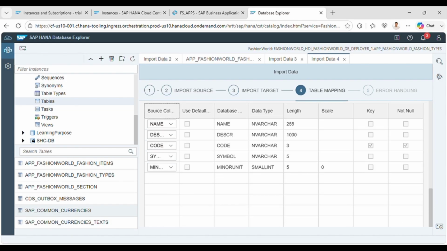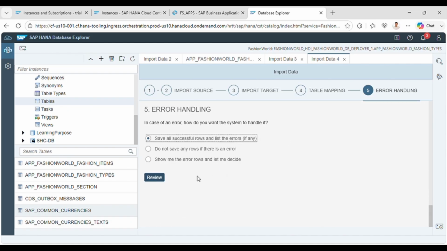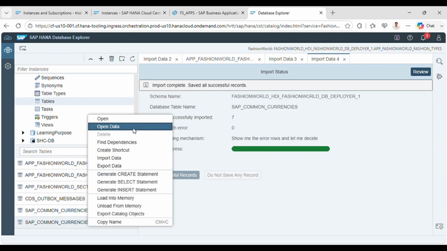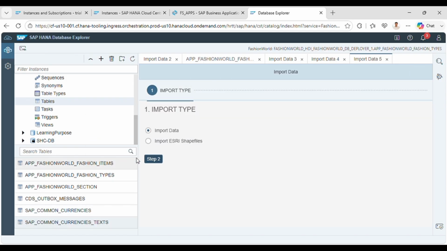Go to step 5, show me the error, and let me decide. Click here, import data. To successfully import the data, save the successful data here, and then we have the last one we're going to add. Import data. Step 2,